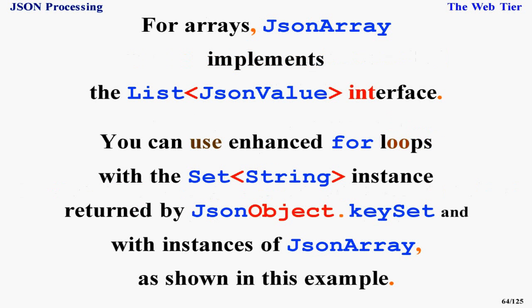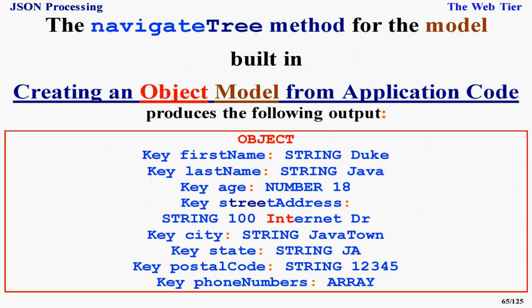For arrays, JsonArray implements the List<JsonValue> interface. You can use enhanced for loops with the Set<String> instance returned by JsonObject.keySet and with instances of JsonArray, as shown in this example. The navigateTree method for the model built in creating an object model from application code produces the following output: